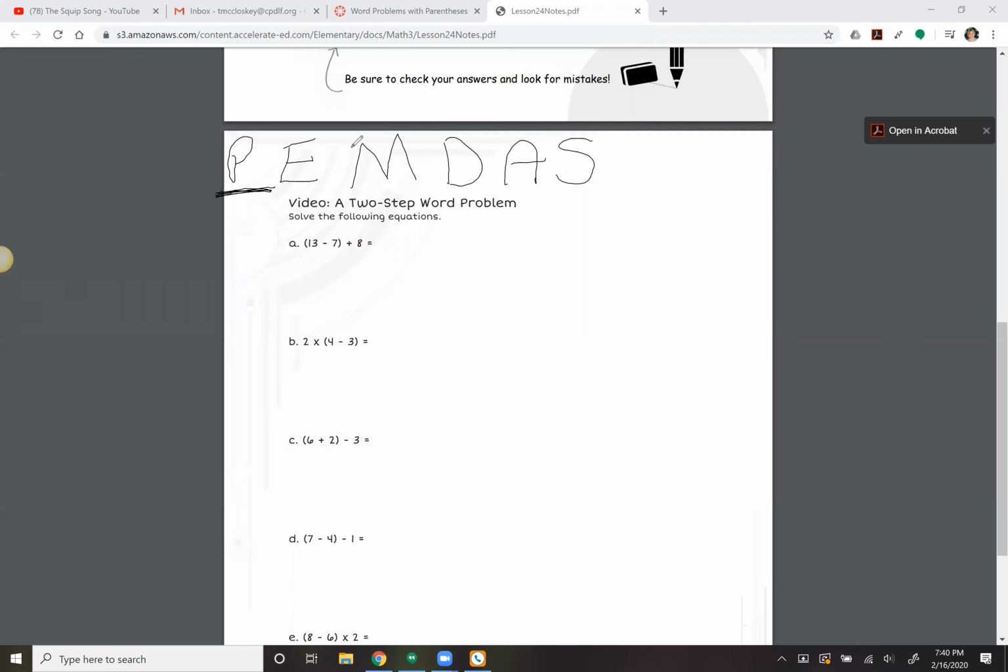So this tells us what order to solve problems in. For today, we are only going to worry about the please, parentheses part of please excuse my dear Aunt Sally. This tells us that we have to start with the parentheses. So for example A, 13 minus 7 is in parentheses, then plus 8. According to please excuse my dear Aunt Sally, we have to start with the P, the parentheses. So 13 minus 7 is 6. Then we can drop down plus 8, and then we solve that, which is